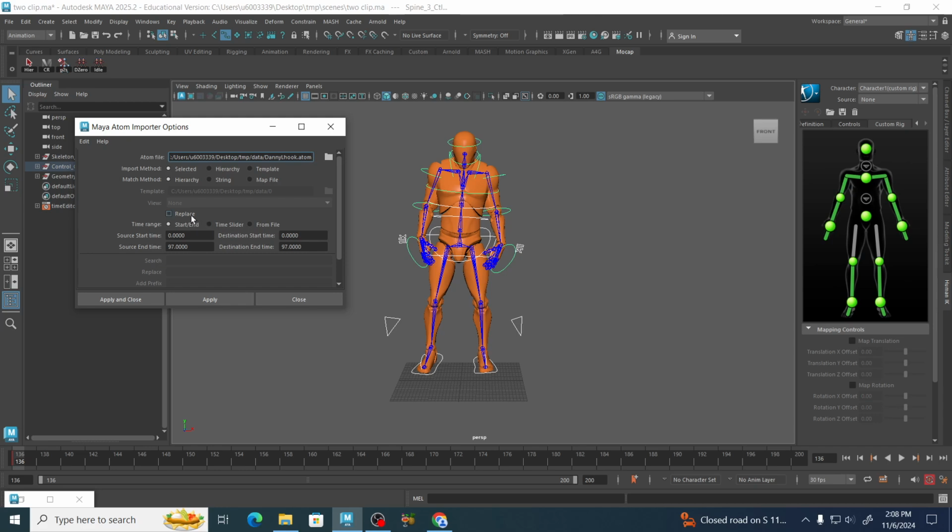Yeah, so because this time we are importing an extra clip, it starts with 0 to 19.6, but we want to replace them. Maybe start from 138 and yeah,